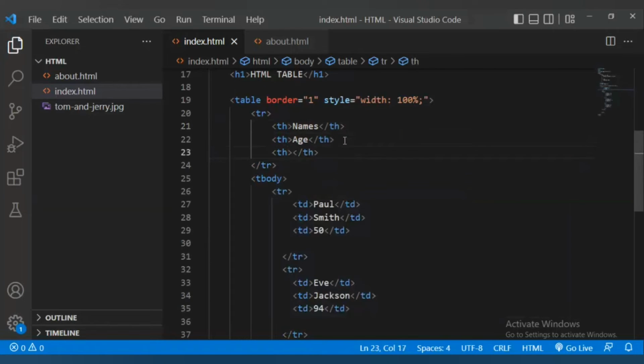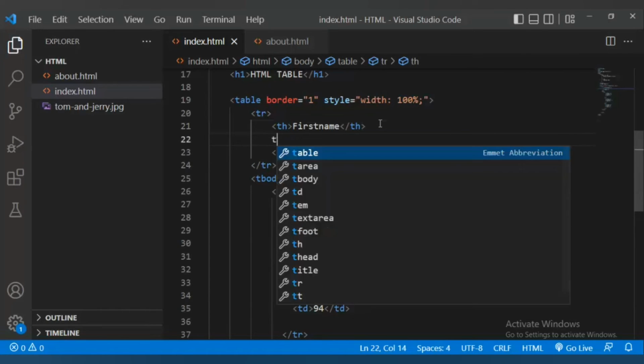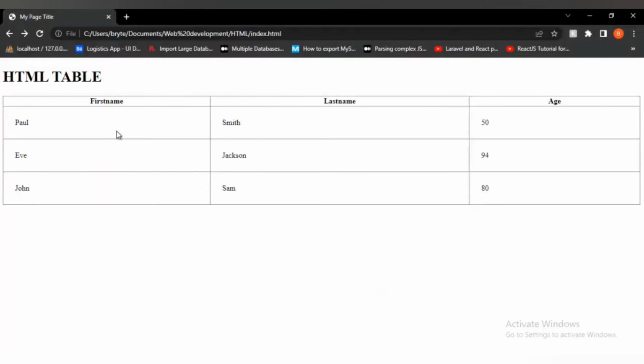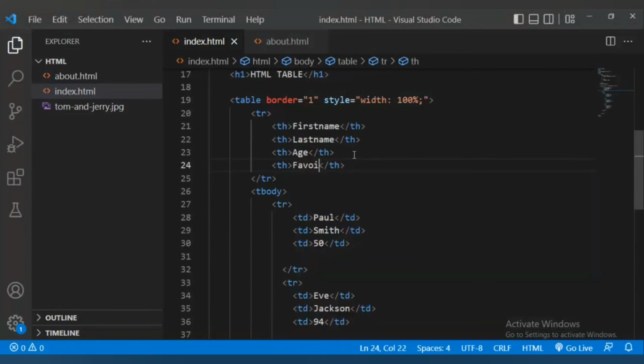So let me come here and say favorite color. Right now I'm having three. Let me just use first name here, again, last name again. I have three headings, and I also have three row data. So if I come here and put th favorite color,